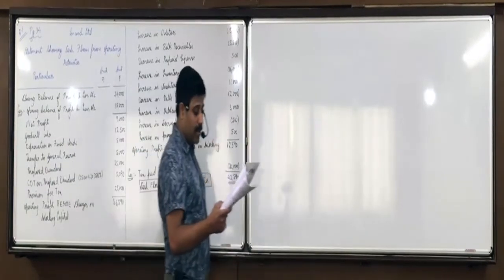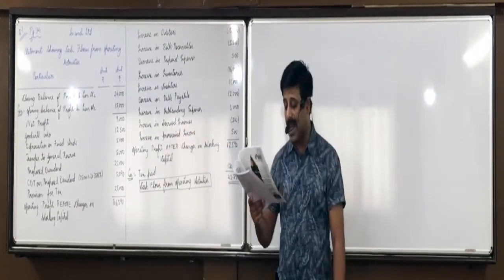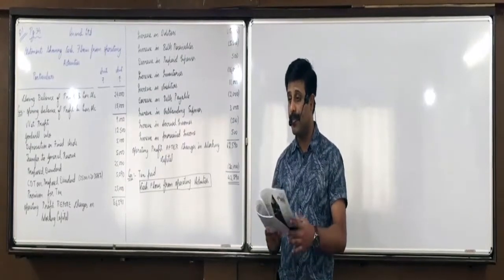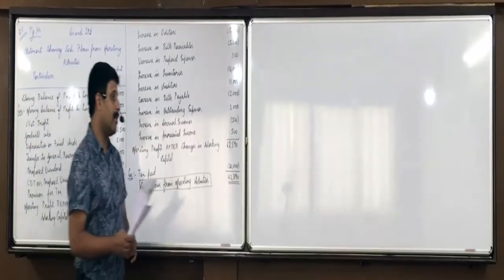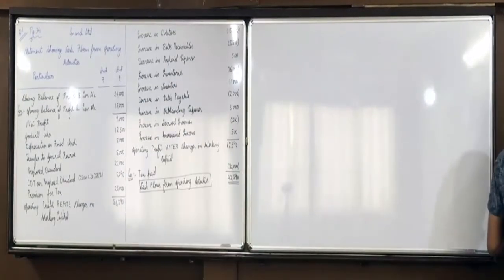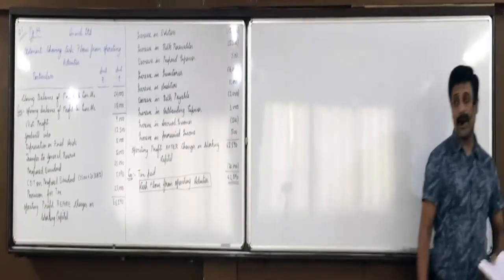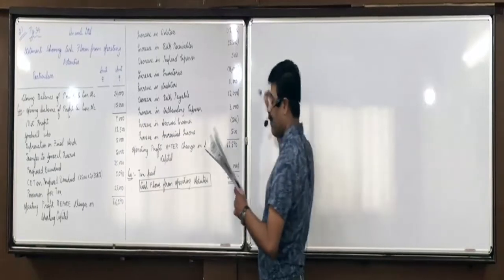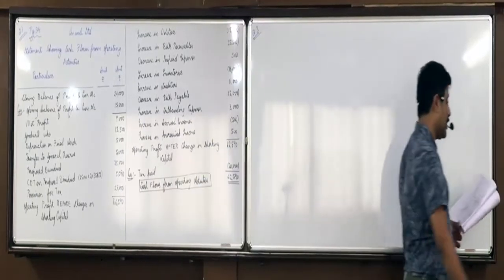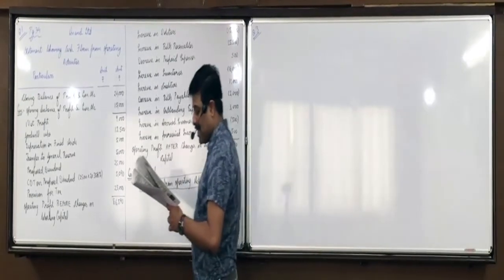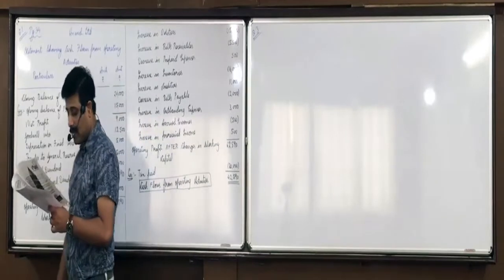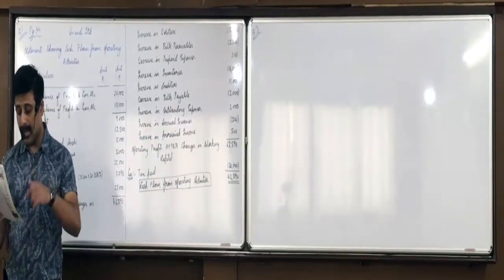From the following information of XYZ Limited, calculate cash flows from operating activities. Profit and loss balance, starting point, marked as O. Then general reserve, marked as O plus, there is an appropriation. Okay, 25,000 and 37,500 means 12,500 is transferred to general reserve during the year, so O plus. Then provision for depreciation on plant. Now, look at the note below.